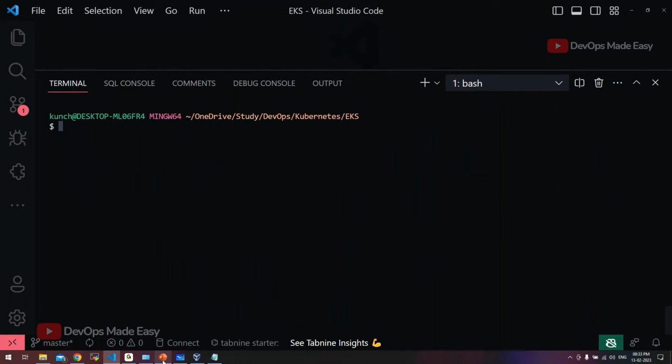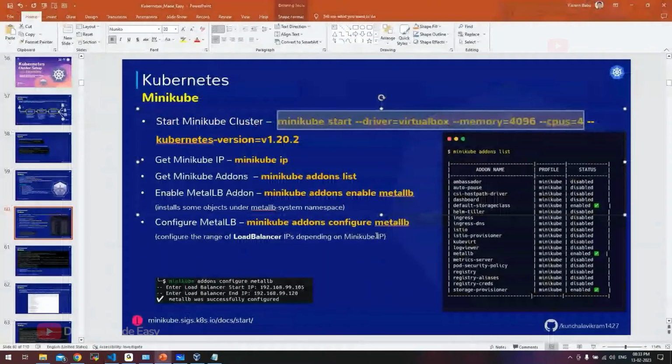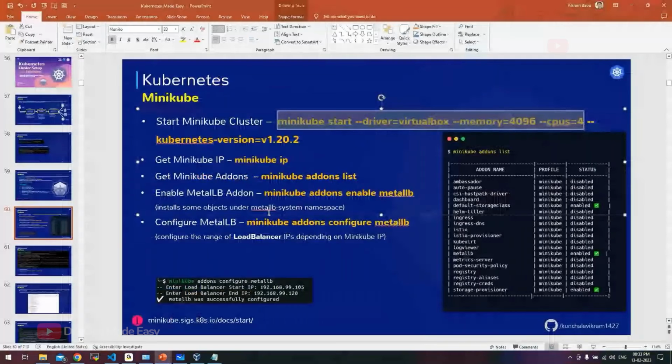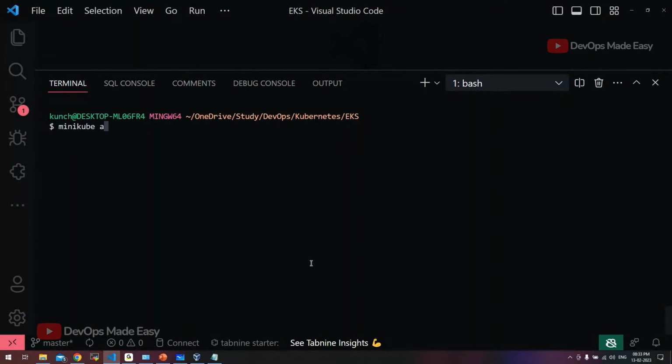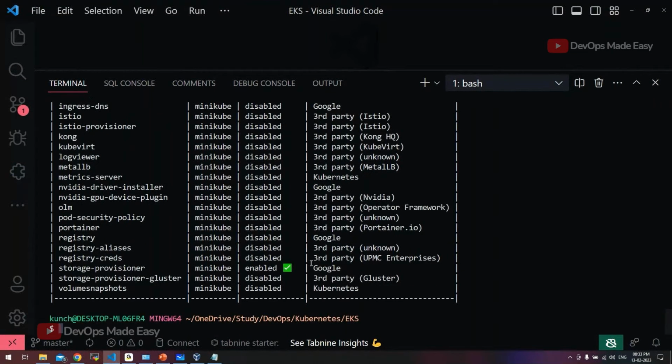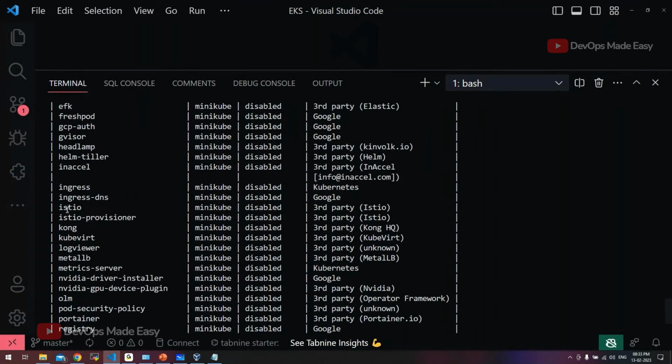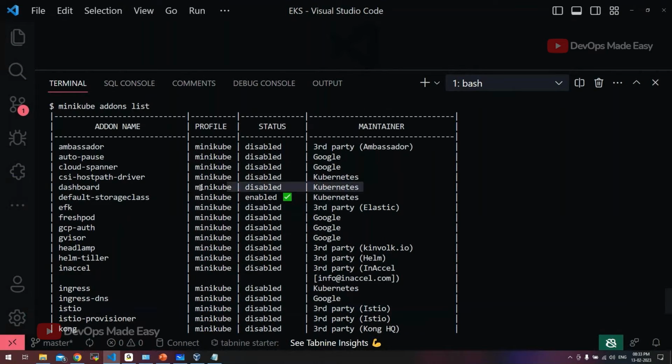So there are other options as well. Okay, so there are certain add-ons that we can configure. So if you see minikube add-ons list, okay, so these are all the add-ons. So I can install Istio, and this is a third party. I can also enable the dashboard. So dashboard is basically disabled. Okay, so how do I do it? Just copy the